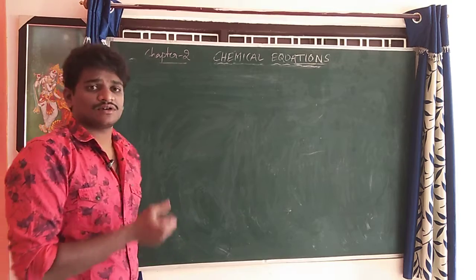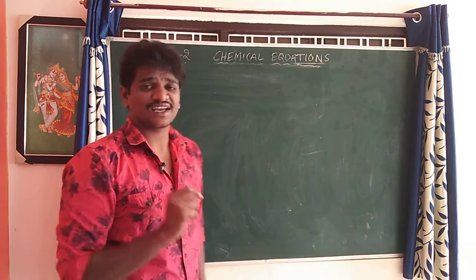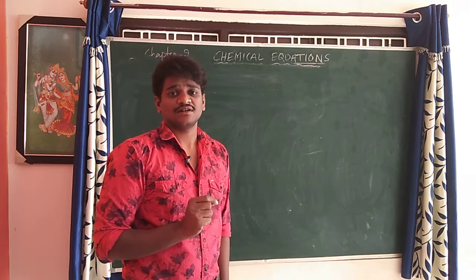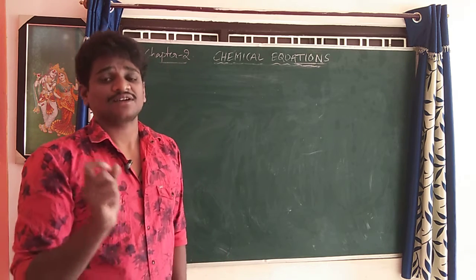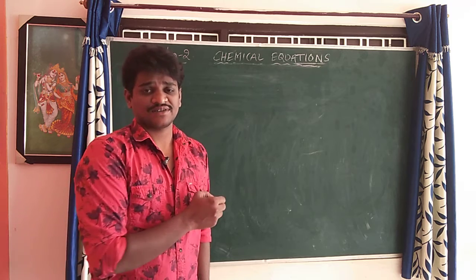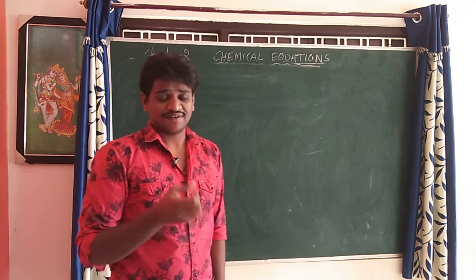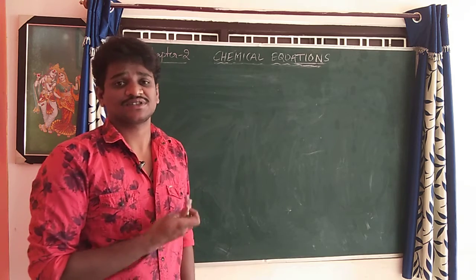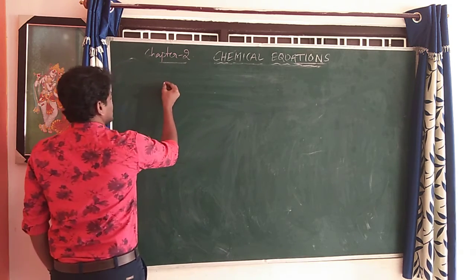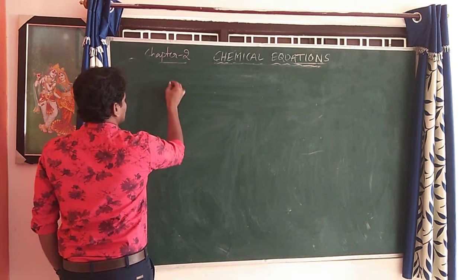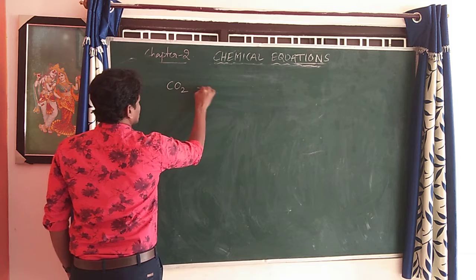Next we can go through the photosynthesis reaction. Photosynthesis mainly occurs in green plants, in the leaves containing chlorophyll. All living beings depend upon photosynthesis. It is a very important reaction for human beings and all life. The reaction uses carbon dioxide plus water.